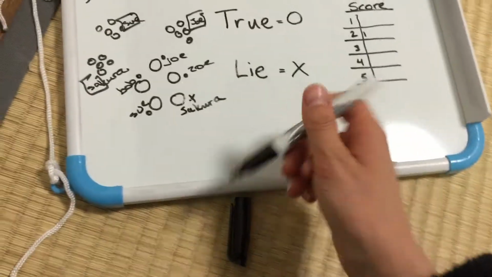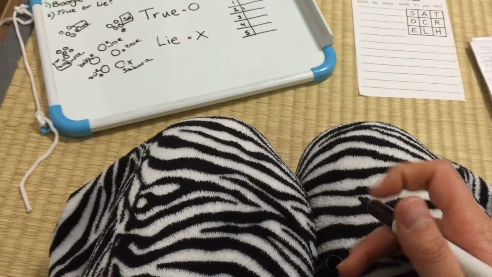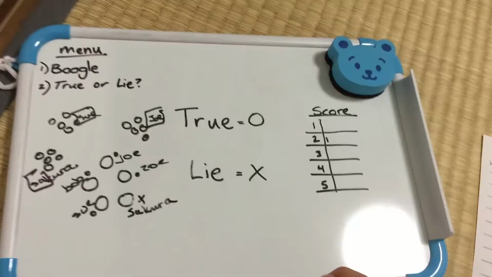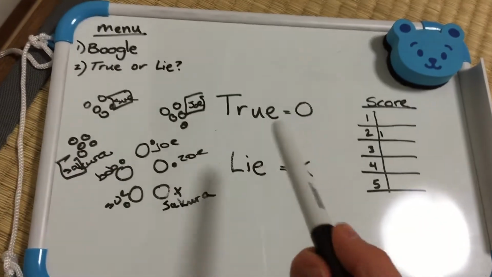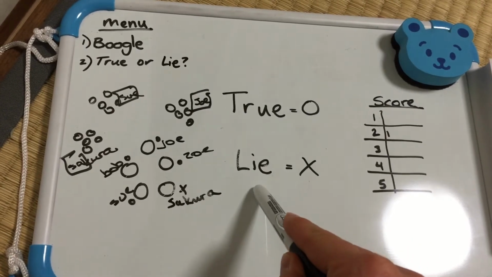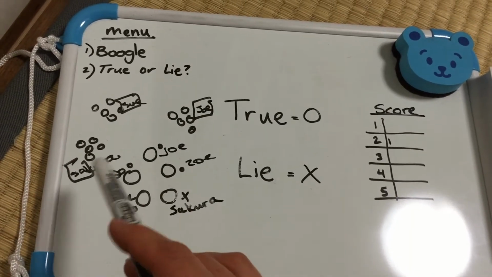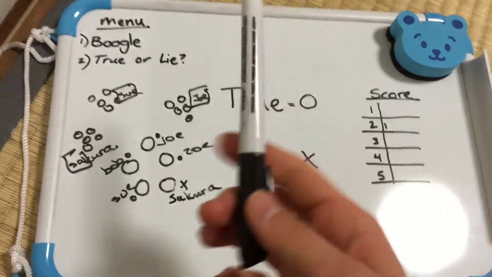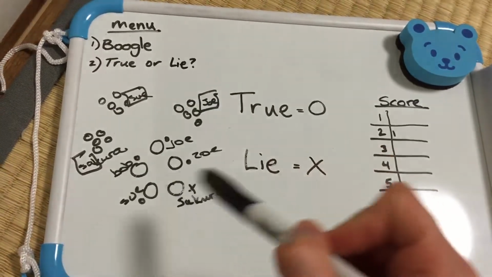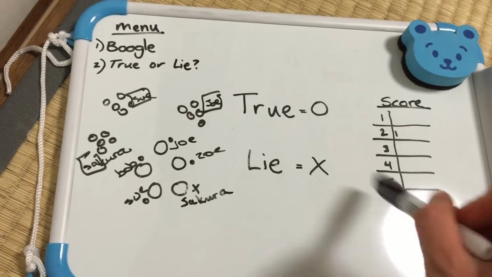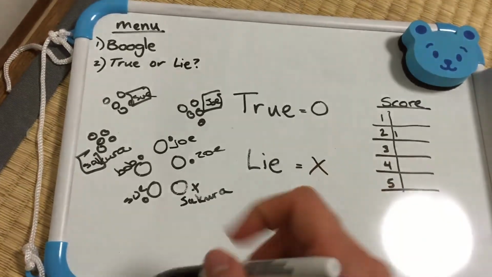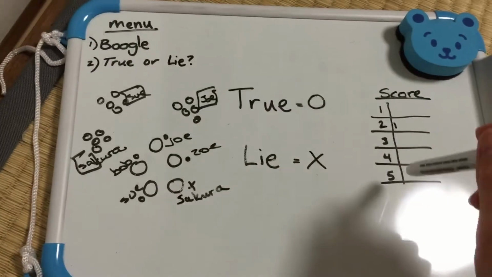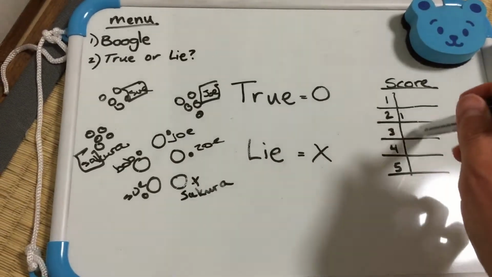And so I did upload another video with that same lesson activity, like the true and lie, but it was done differently because the other school I did it at, they weren't as organized and they were super hyperactive and they loved just talking and screaming and stuff. So this format works really well with the higher academic students. And we ended up playing this all the way to the end of the class, where everybody had their scores,